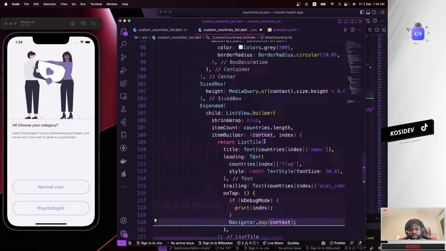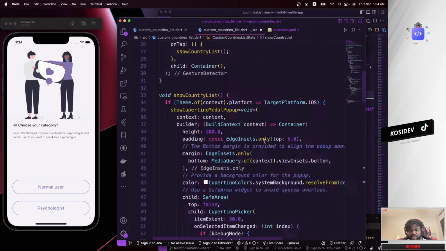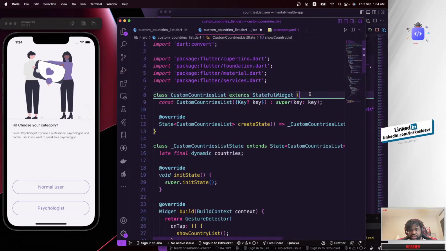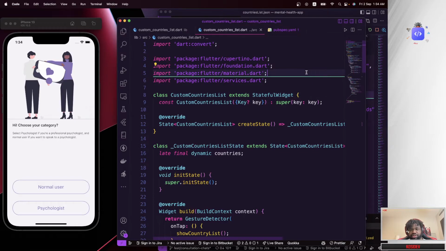So hopefully there's nothing else we need to actually change. There's some changes we still need to make, but I just want to test this out to see